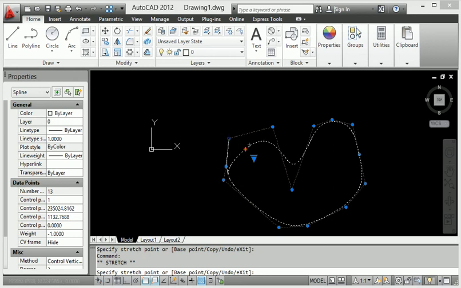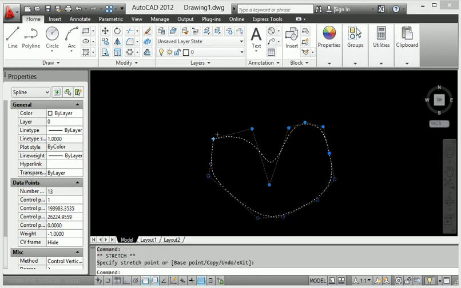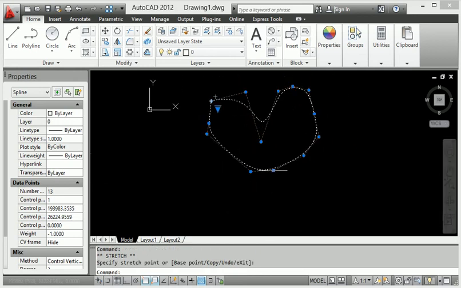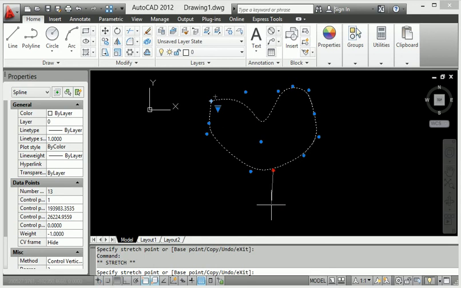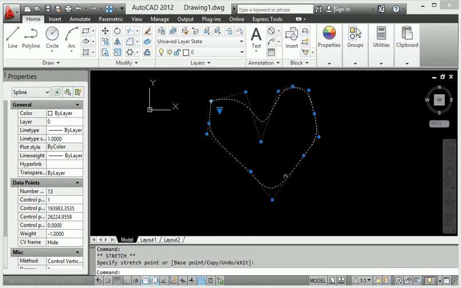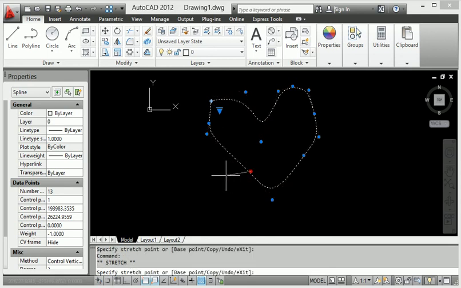Some distances are also stretched here. Then I will click the point in the down direction, so it means very good for adjustment.